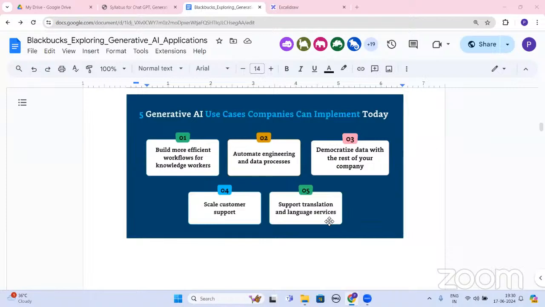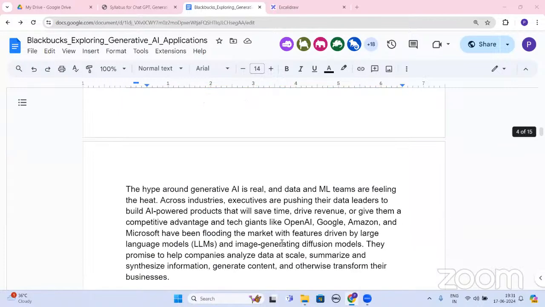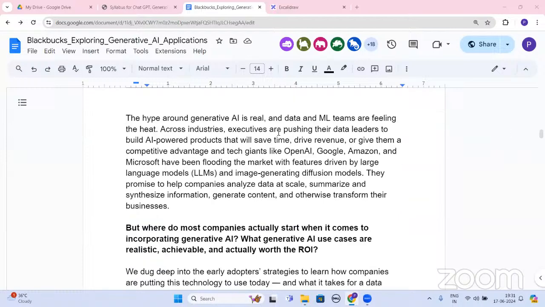Now, after this is done, let us try to move ahead with the next part. So basically here the hype around generative AI and the data with which you are working, it's real, okay?